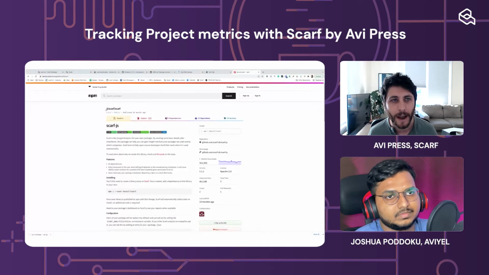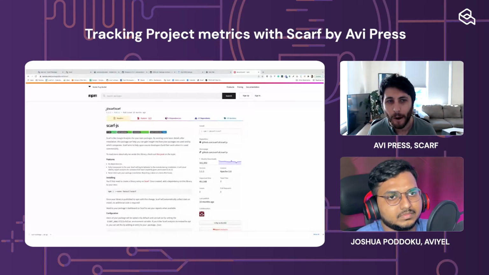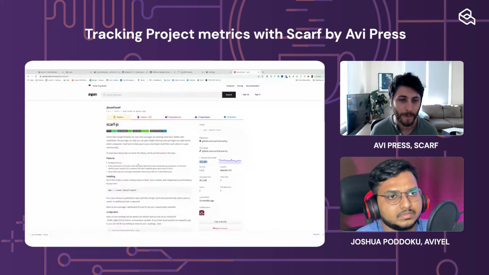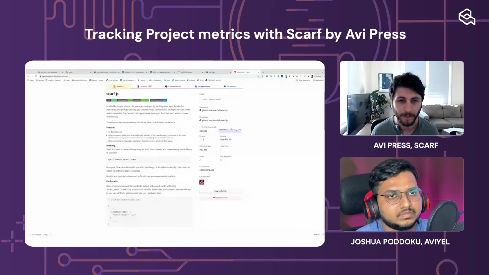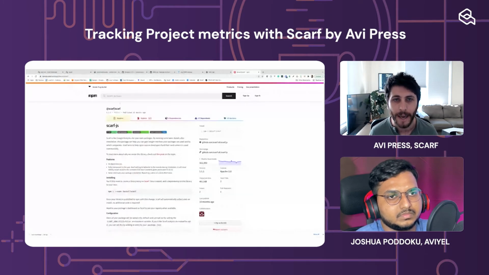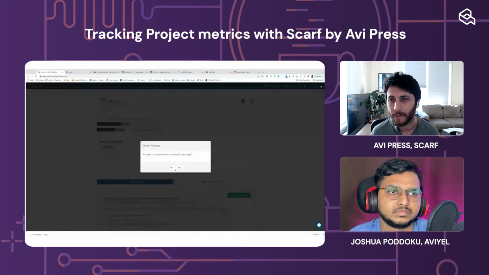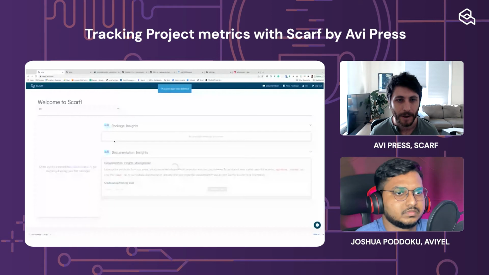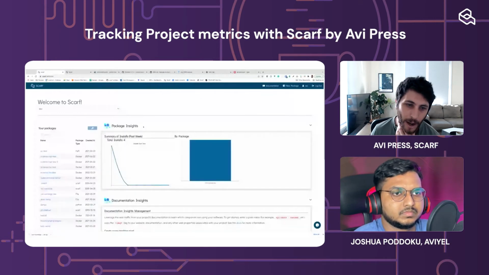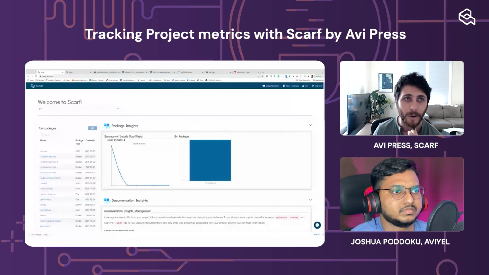This is not our suggested route when it comes to using Scarf, which is to use Scarf Gateway, but this is also getting no small amount of downloads. I would definitely recommend checking it out if you're trying to get a better understanding of your npm package downloads. From here, I'm just going to delete this dummy example, but at a high level, that's the basics of my demo.